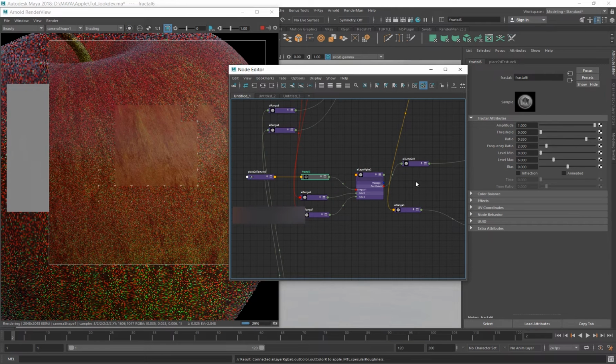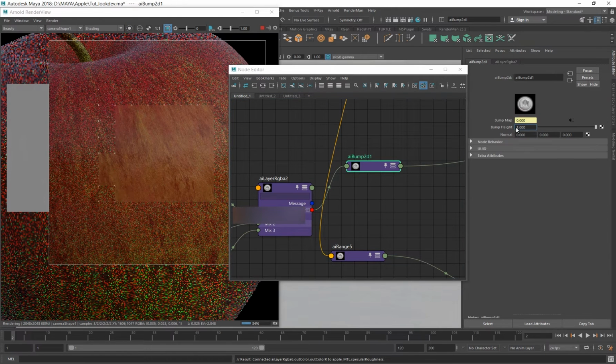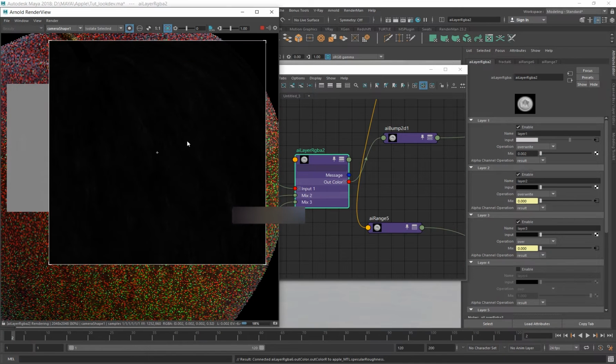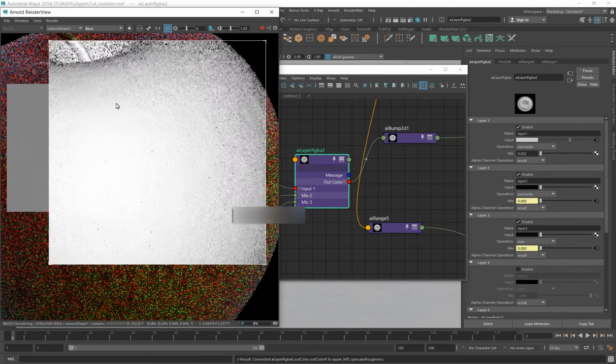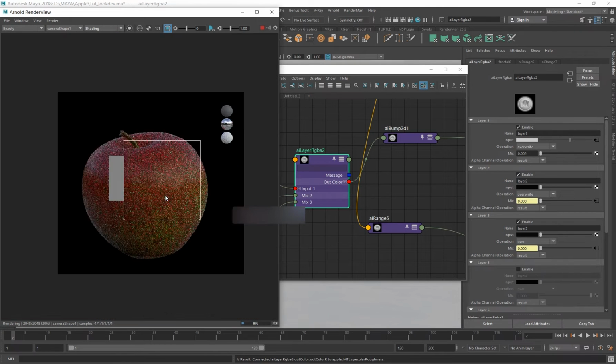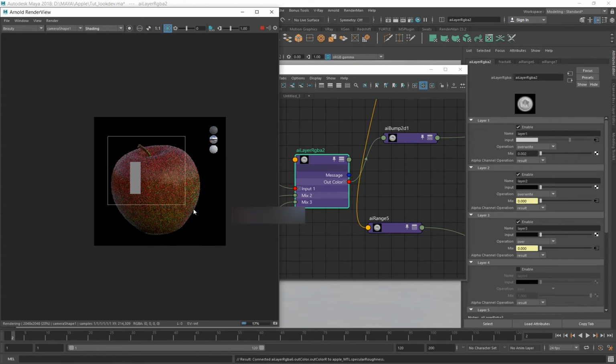Not much detail comes from bump. I am using very subtle values. If you see the RGBA values, they're very, very subtle. It's almost like zero bump here, because we are already getting a good amount of breakups from displacement, so bump wasn't that much needed.